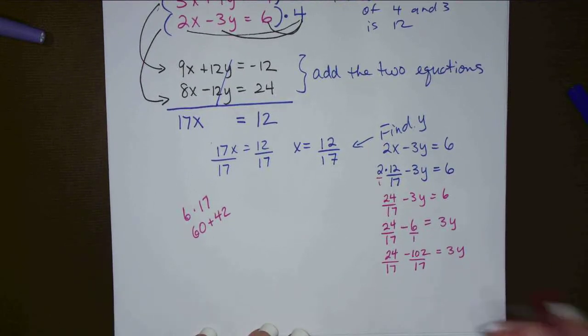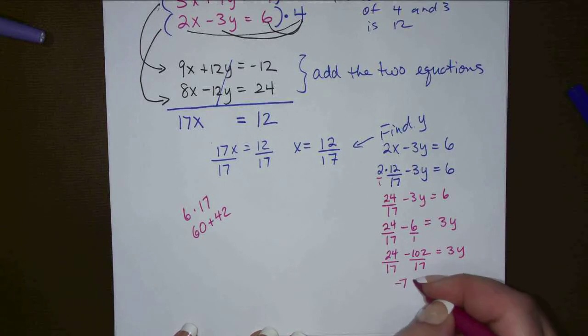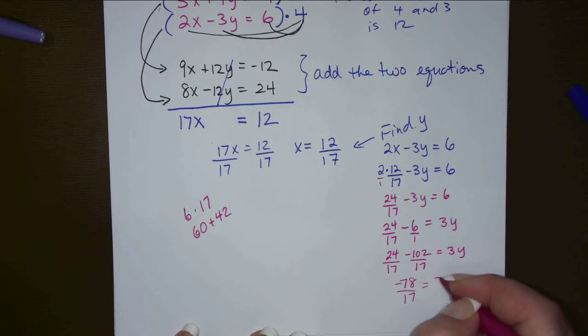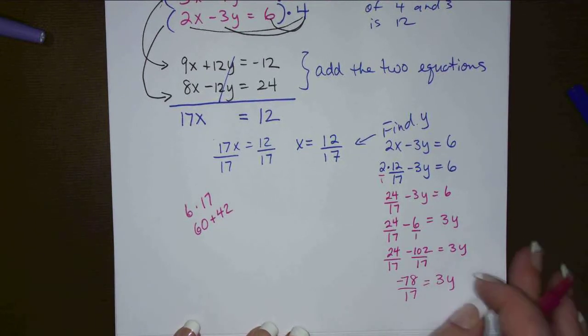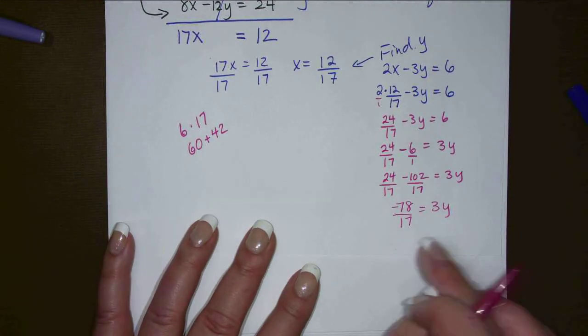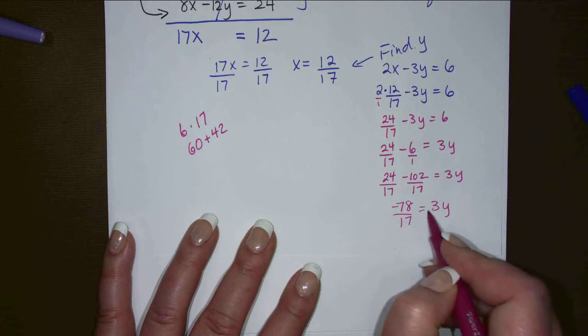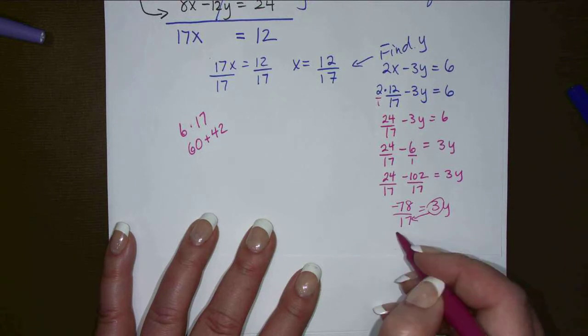24 minus 102 is what? 78, thank you. Negative 78. Not a nice question at all. All right, and then what? Cross multiply, like we want the 3 to be on the bottom of this side. So 3 times,